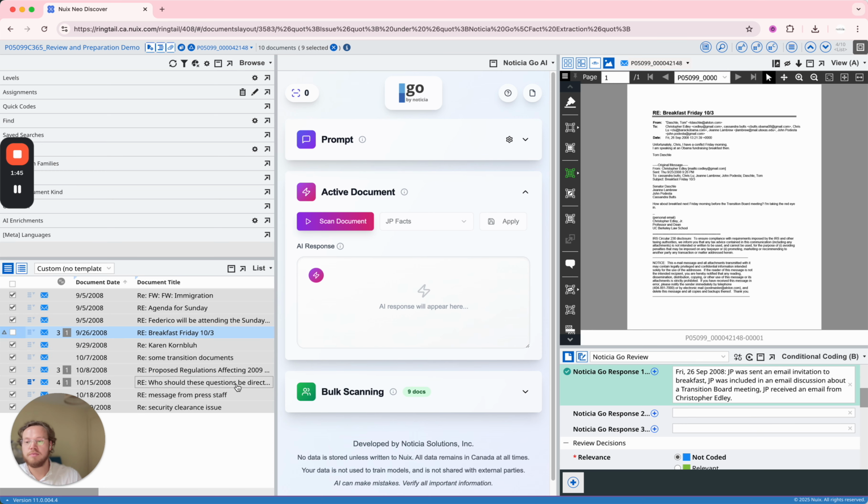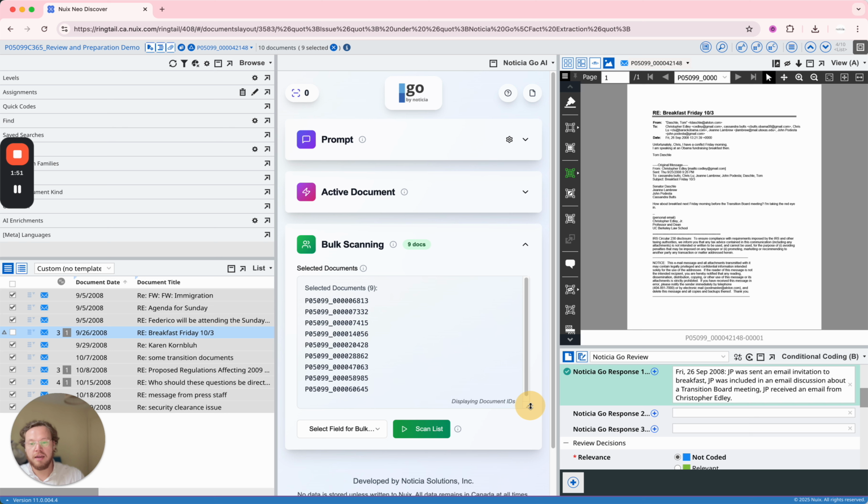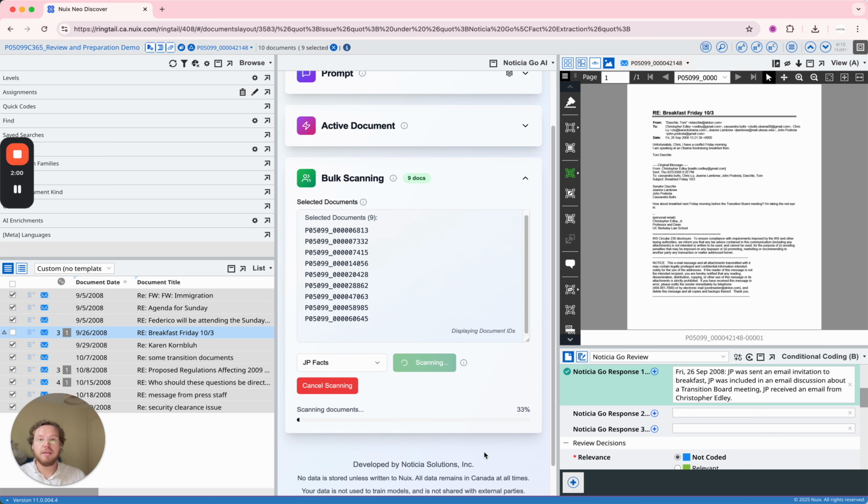If we're happy with our prompt and we're getting consistent results, we can now run this on the full data set using the bulk scanning feature. You can see I've got my 9 documents selected here. I'm going to select that same field, JP Facts, to write these values to, and I'll just go ahead and scan this whole list. So it's going to run the exact same prompt on each one of these individual documents,